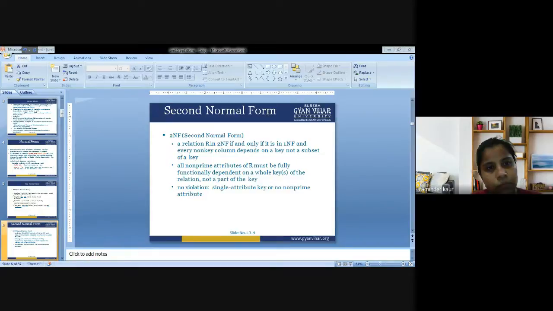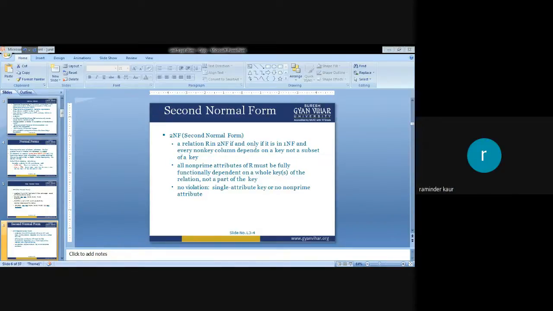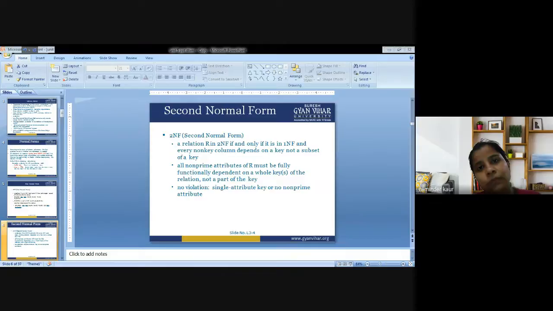Now the main point of concern regarding first NF is if a relation contains a composite or multi-valued attribute, because it is violating the condition of the first normal form, which is associated with atomic values. A relation is in first normal form if it does not contain any composite or multi-valued attribute. So a relation is in the first normal form if every attribute in that relation is a single valued attribute.